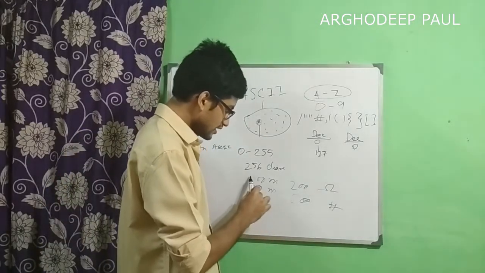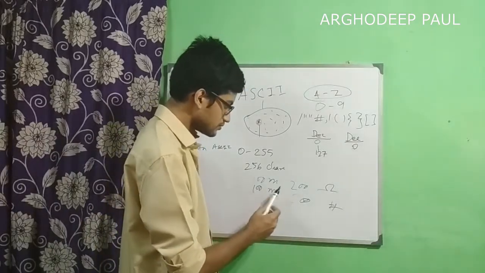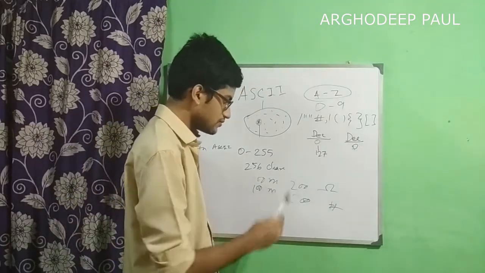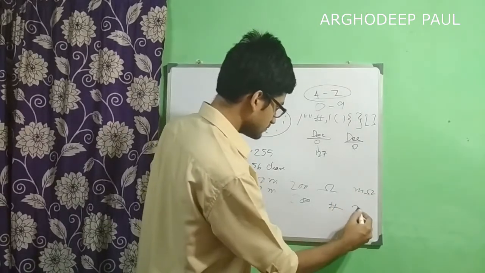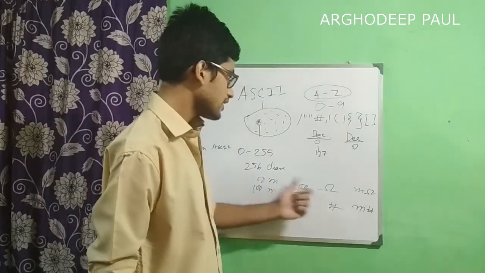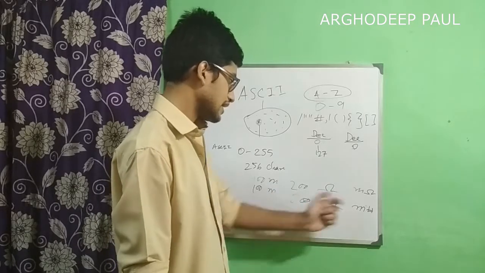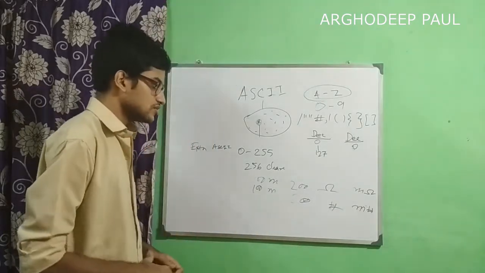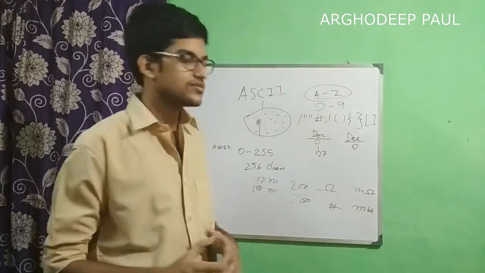We will be converting 100 to binary and 200 to binary. We will be sending the binary form, which will finally be converted into M, and this into omega. So I will be sending them M omega, but they will be getting M hash. So there is a data conflict, or character conflict. For this reason, ASCII is not suitable for these cases.